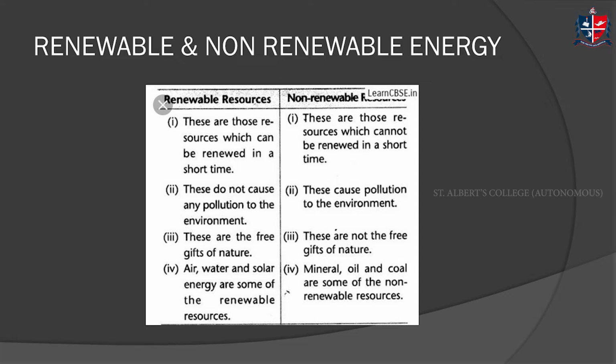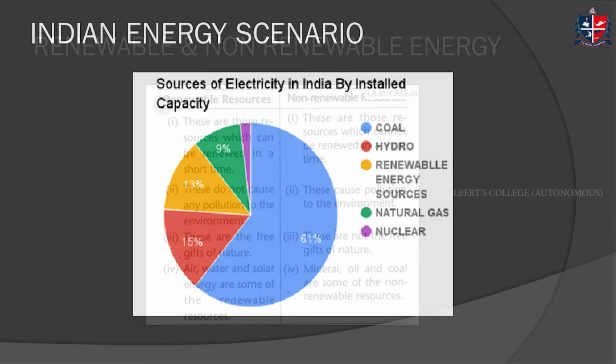But what about the non-renewable? Non-renewable are the ones which are exhaustible, which get depleted. It gets depleted means we have it only in limited quantities. The more you take it, the more it gets depleted. So that is the third classification. There is no need to go into the details because these are things we already know.